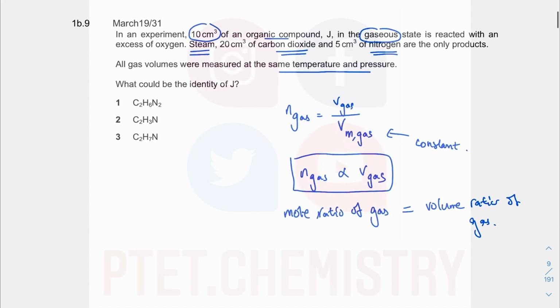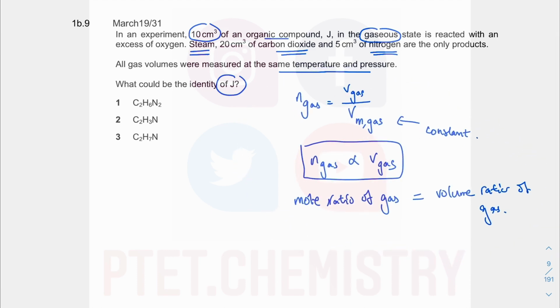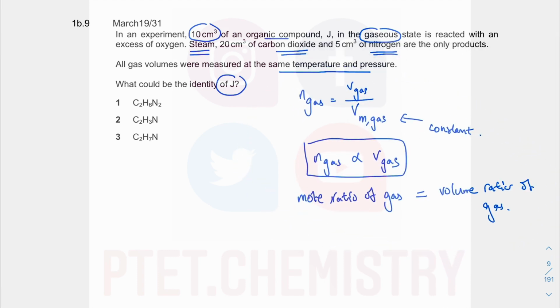So what could be the identity of J? All right. So let's start by comparing volume ratio, because we are given volume, and they will tell us the mole ratio based on the number of atoms here. Okay, if I check number 2 first,